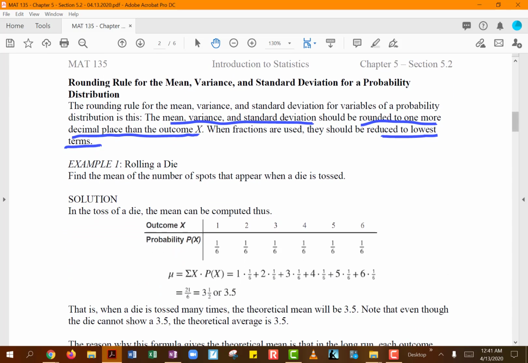So let's talk about this first example here. We're talking about finding the mean number of spots when a die is tossed. So again, your outcomes for a die would be 1, 2, 3, 4, 5, or 6, right? And we know from our theoretical or classical probability that each outcome will have a probability of 1/6. So you're going to take each of your outcomes, multiply by their probability, right? Add all of those products together, and you're basically getting 21/6 or 3.5 as your